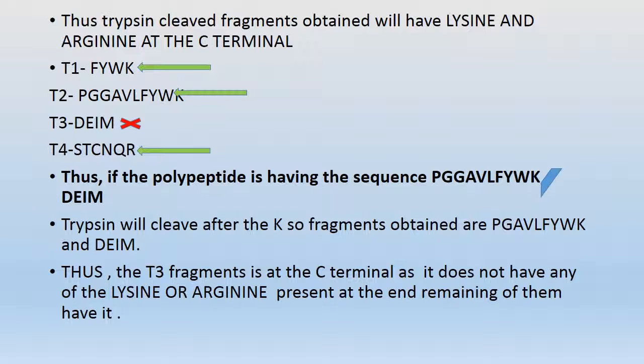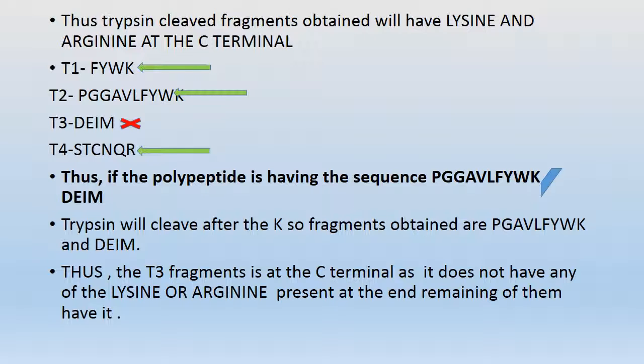So at the first position there is a lysine at the C-terminal, at the second there is a lysine, at the fourth there is an arginine, but at the third there is neither lysine nor arginine, right? So thus the polypeptide has the sequence PGGAVLFWKDEIM. So trypsin has cleaved after the lysine, so we are getting 2 fragments, DEIM and the above stuff, right? So the T3